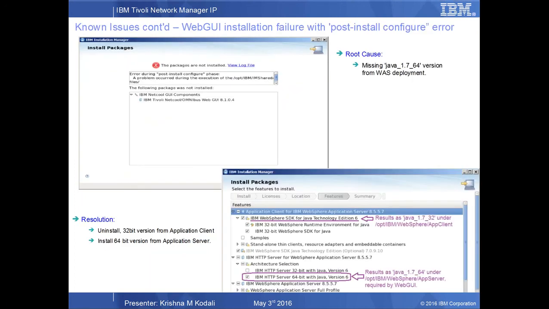And Web GUI, I spent almost half a day trying to figure out what's going wrong with this. Whether you pick the right version or not, it kept failing with the post-install configure error. That's because when you select the WAS deployment, if you pick up both the application client as well as application server,